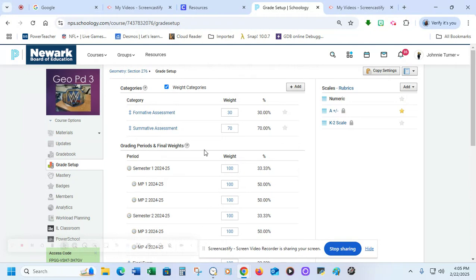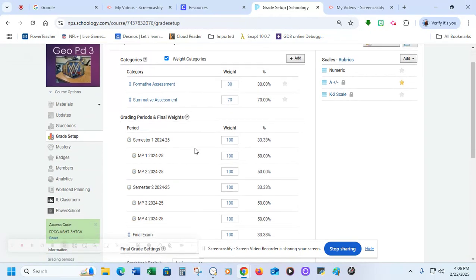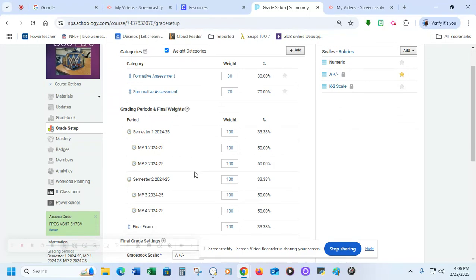The main rule of thumb we were given in the PD was outside of formative and summative, you probably don't want to mess around with the weights for the marking periods. The assumption being that you move each grade assignment over, and then PowerSchool will adjust based on what the district has set. The only thing they said that we were responsible for was the definition of whether we're doing a